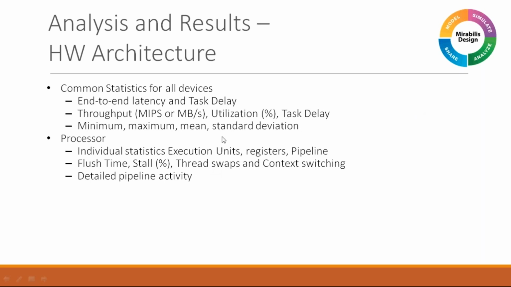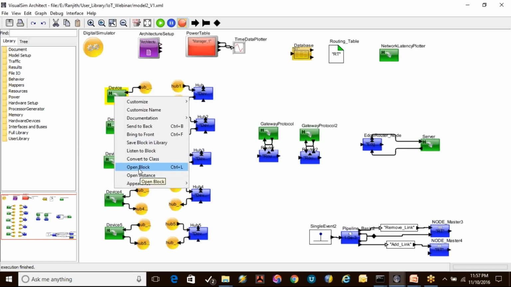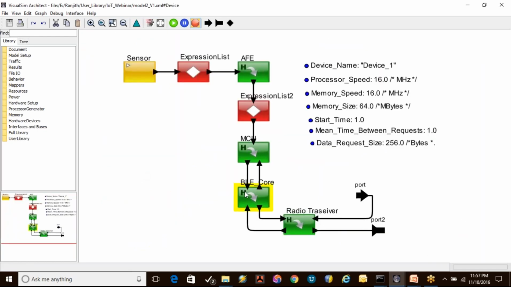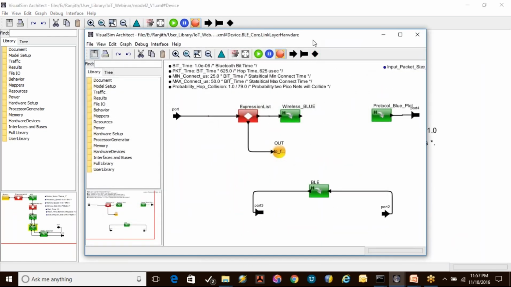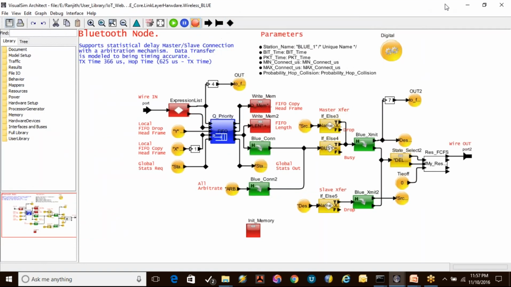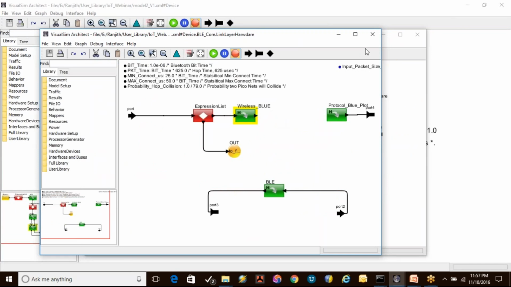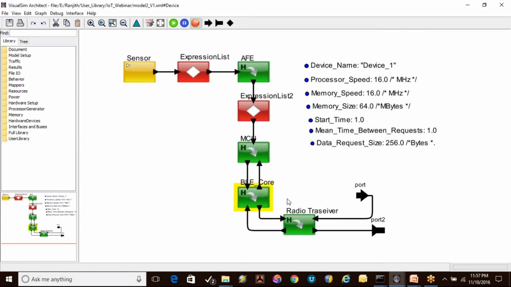So in terms of wireless, there is a question on what is the model for the wireless channel. And in the model, what I have over here is, inside my device, I have a Bluetooth core in which I have my Bluetooth module that I have modeled, and the Bluetooth module is accurate enough to the specifications that we have provided. And in this case, I have the Bluetooth node over here, whereas the hub is located outside of my device itself. So that way you can switch between multiple